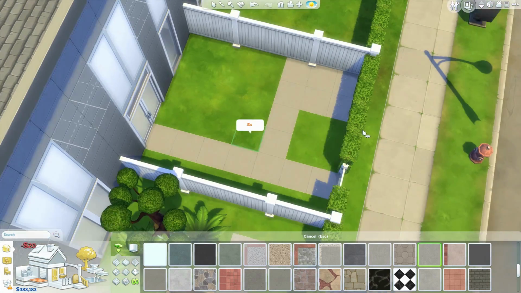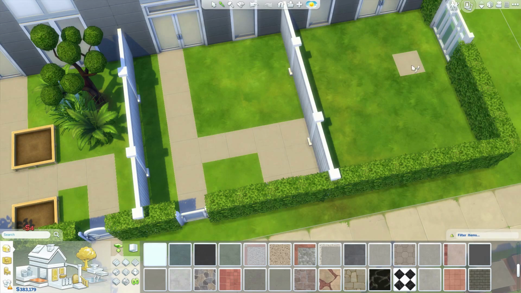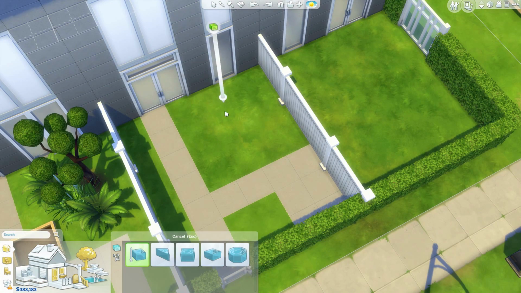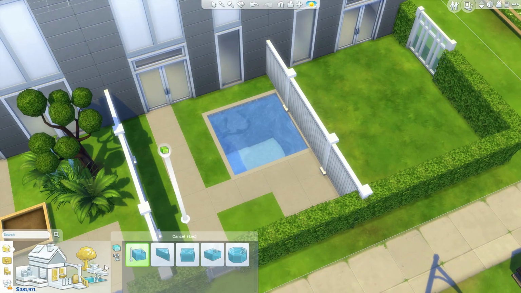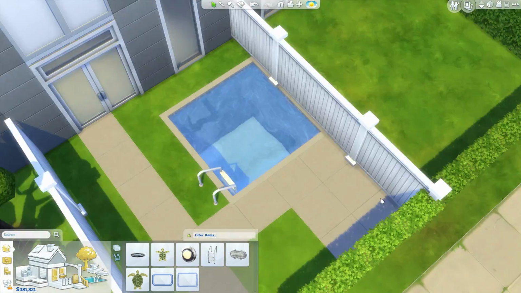So yeah, some of the backyards here also have some small pools, instead of greenery and stuff like that. It does have some greenery, but I just try to do as many different